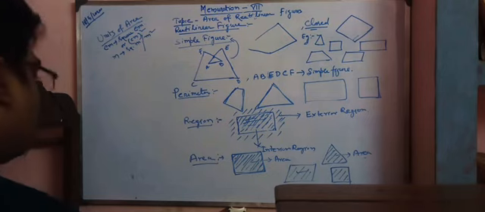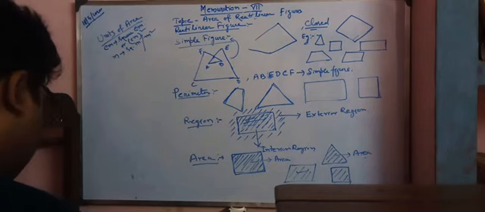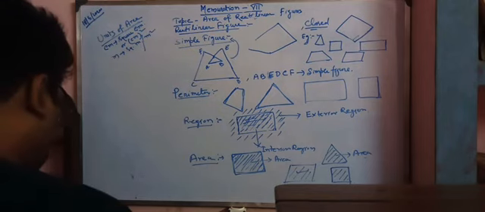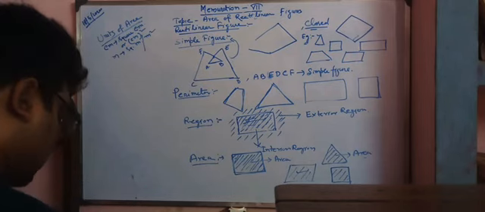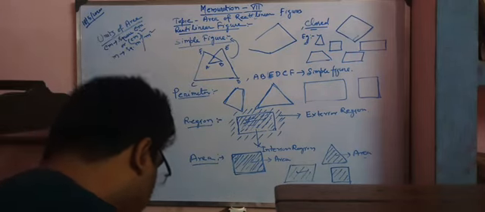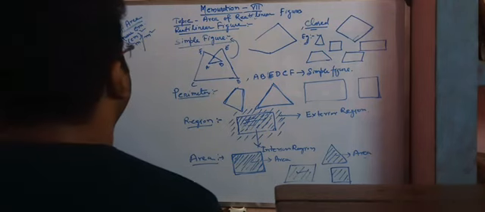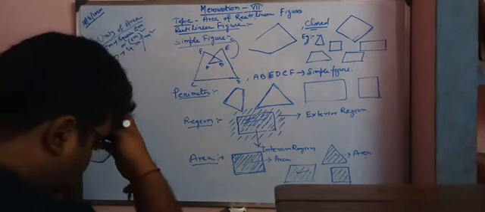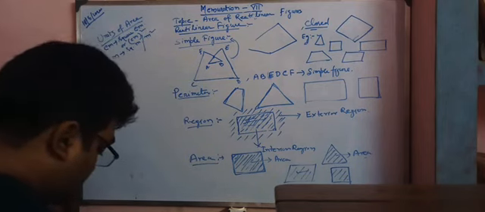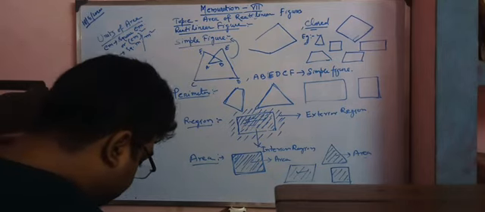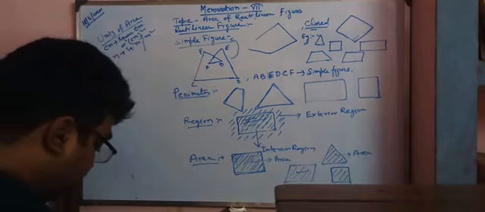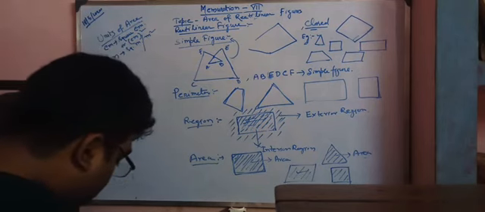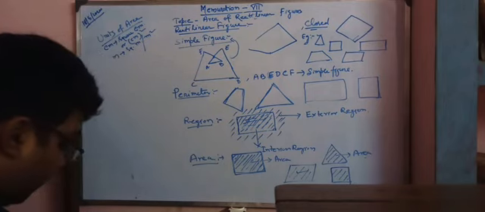Next, conversion of unit is given in your book. So actually I am not doing this; you have to remember this conversion of unit. I am writing some special unit conversion. I hope you all know 1 centimeter is equal to 10 millimeter, 1 decimeter is equal to 10 centimeter, 1 decameter is equal to 10 meter, 1 hectometer is equal to 100 meter. You have to remember all these things.